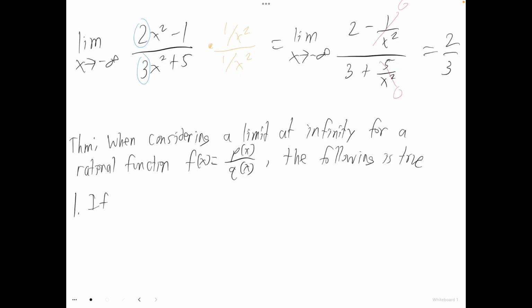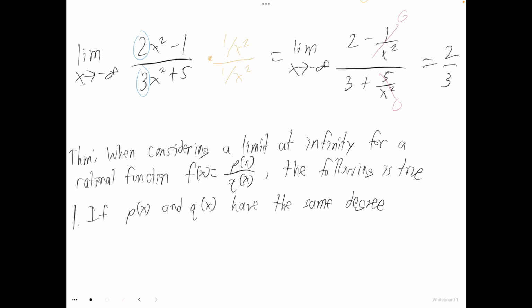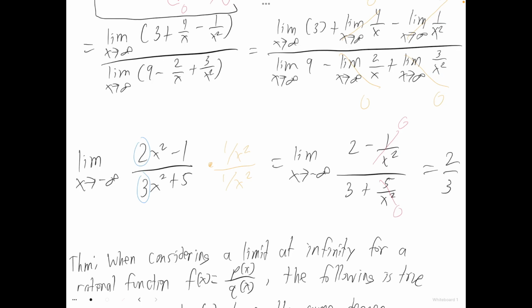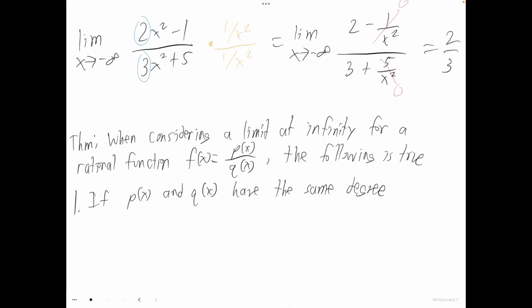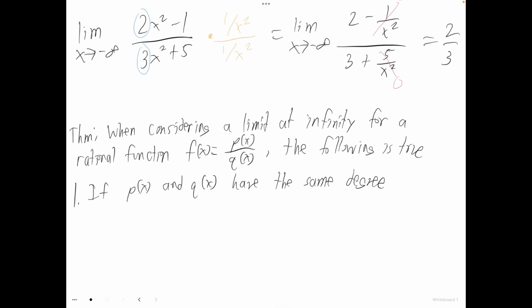So if p of x and q of x have the same degree, so again, the degree of a polynomial is the highest exponent on it. So in this example here of 2x squared minus 1 over 3x squared plus 5, the degree of both of these polynomials is 2. You just look for the highest power. So if p of x and q of x have the same degree,